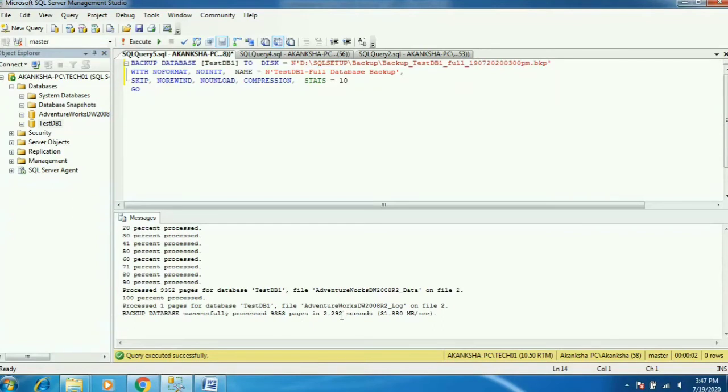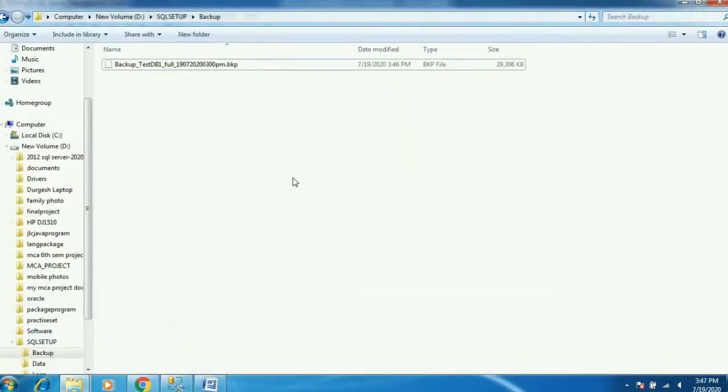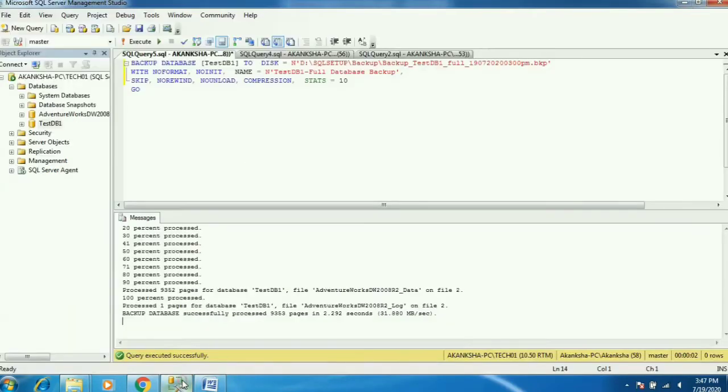So that's what I'm saying actually. Basically, watch good articles on backup and recovery, and only then use the script. See the append, basically it has added the additional value. Earlier it was 1400-something KB, now it has added another 1400. So basically what append is doing is, if the media is already there, the same size of media will be added. So you need to understand what these parameters are: append, no rewind, no unload, init, no init. All those parameters you need to understand before using the script.